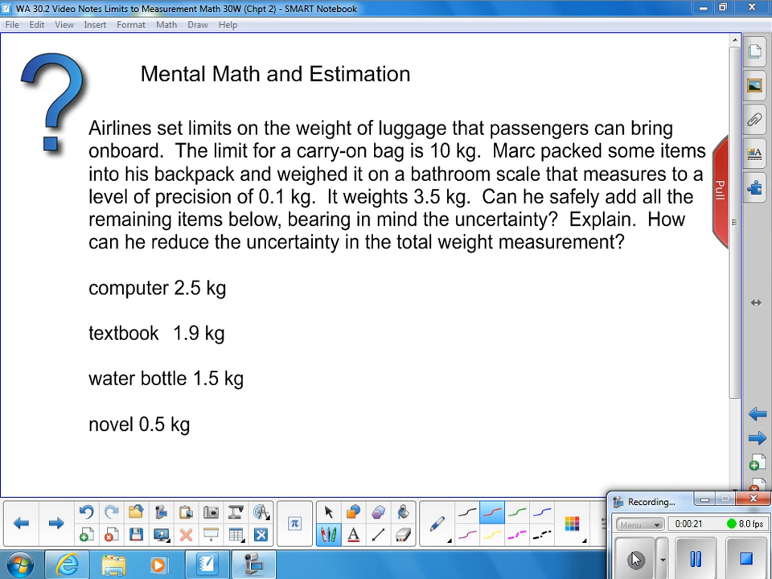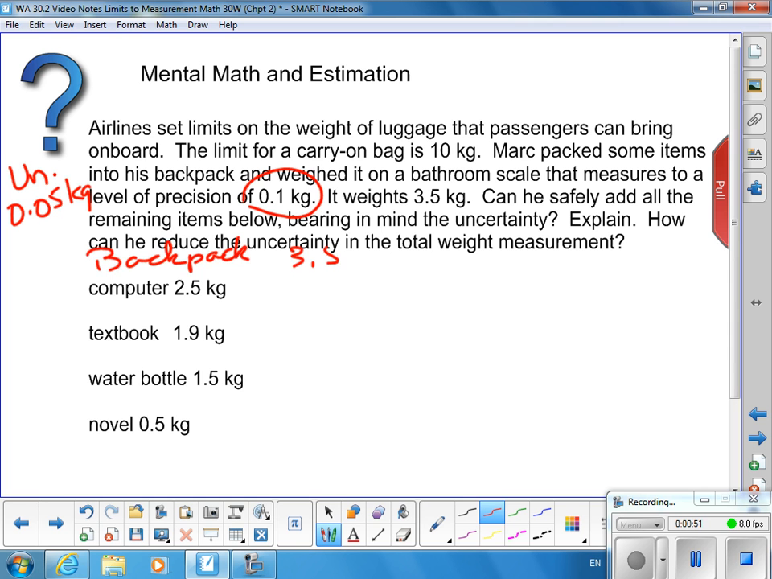Mark packed some items into his backpack and weighed it on a bathroom scale, which measures to a level of precision of 0.1 kilograms. That means the uncertainty is 0.05 kilograms. It weighs 3.5 kilograms. Can he safely add all the remaining items below, bearing in mind the uncertainty? So, if his backpack